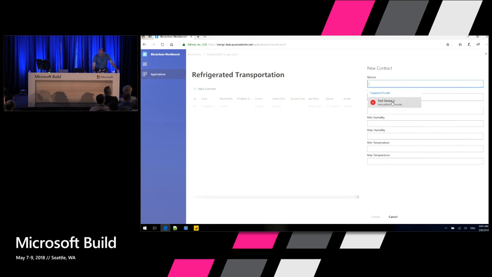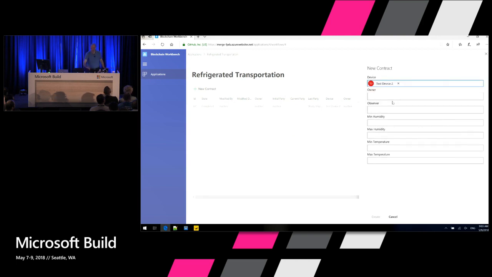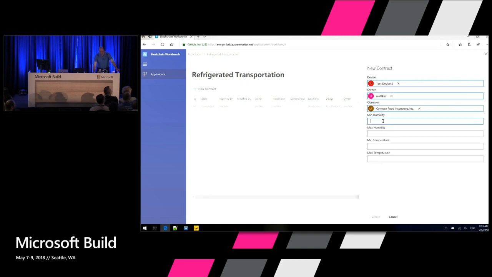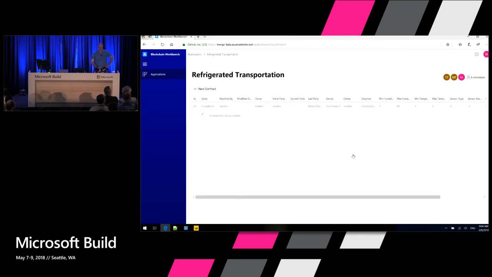So I'm going to go ahead and use this device. This is my IoT device right here that's traveling along with the ice cream. And then I've got a gateway here that is set up to be able to report telemetry through IoT Hub in Azure. And then I'm going to say I'm the one who's the owner of this process. I've got some food inspector who's participating. And this shipment needs to be within a tolerance range. So 1 and 80% relative humidity, and it needs to be between 1 and 23 degrees. That's roughly room temperature in Celsius. And so I'll create this transaction. And that transaction is being created.